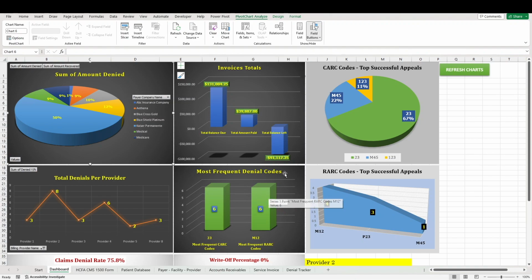The second chart is the CARC codes, top successful appeals, and RARC codes, top successful appeals. So basically, which codes give you the most successful appeals, according to the data that you're going to enter in the database. So make sure to keep entering data so you can see all this stuff. Which codes are the ones to prioritize once you get